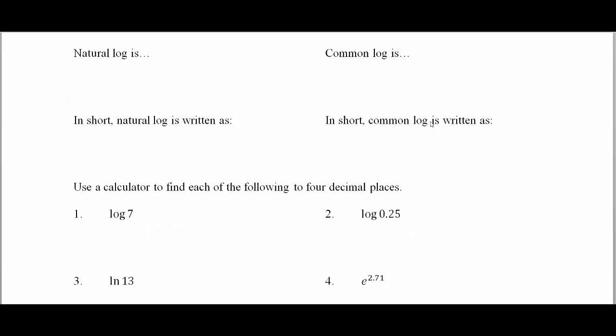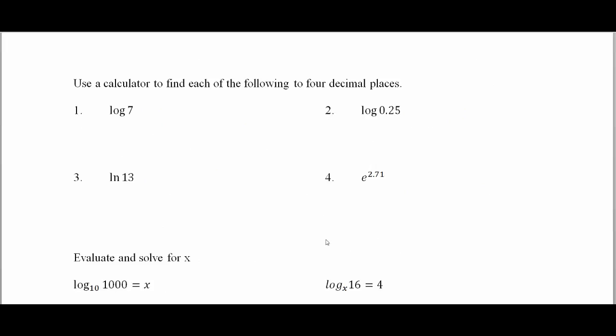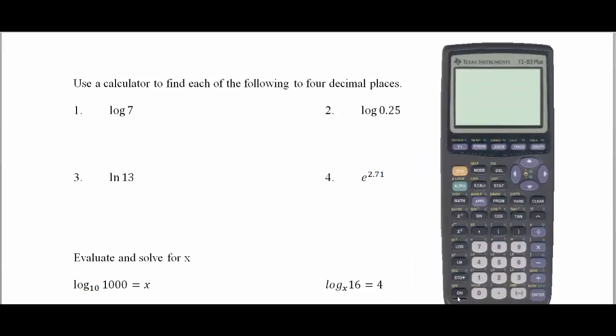Now, to go down here, you should get out your graphing calculator, and you should type these in just as you see them. And I've got my graphing calculator, which I'll bring up here. And I can show you that just by typing these in, you can get your answer to these problems. So here's log 7 is going to be this approximation, and we're going to go to 4 decimal points, so that's going to be rounded to the nearest 10,000th. The next one is going to be log